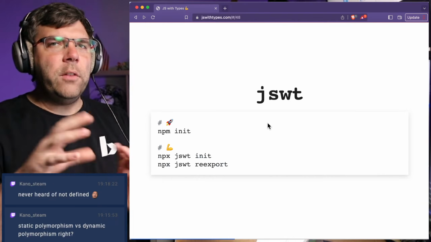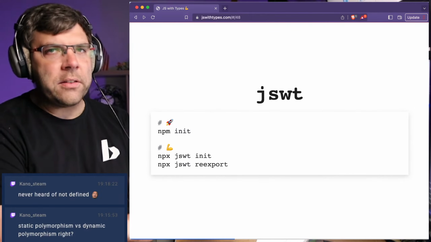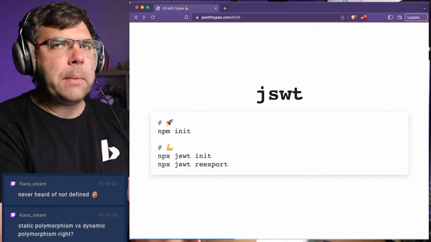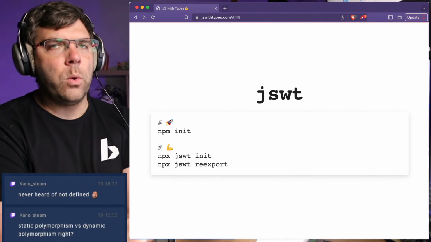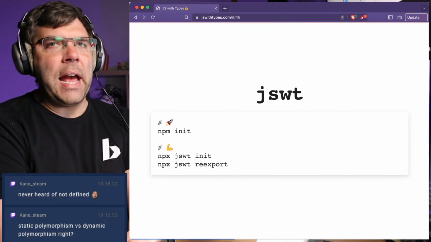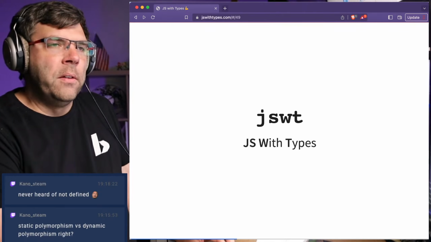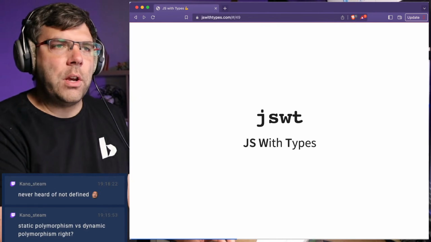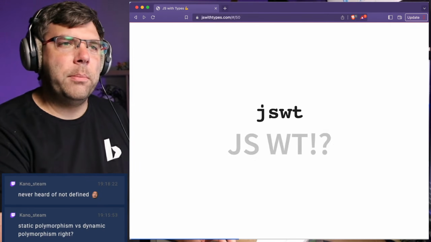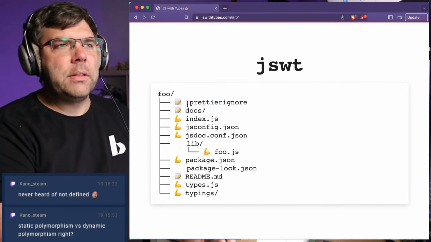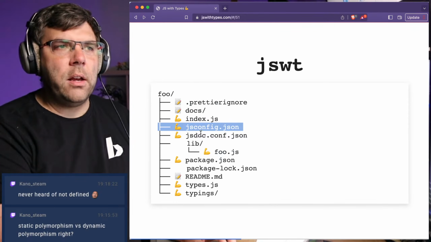And this will give you that jsconfig.json with all of the correct options set so that the TypeScript checker will properly work on JavaScript, because by default, of course, it's meant to work for TypeScript, and it won't run by default on a JavaScript project. So JS what? Again, JavaScript with types. You can remember it pretty easily. JS what? JavaScript with types. Okay. And so what this is going to give you is your jsconfig.json, your